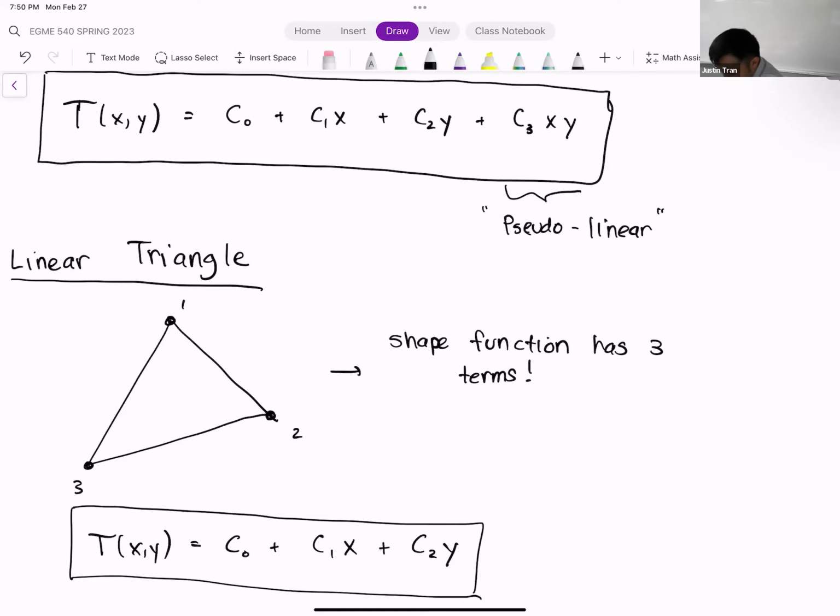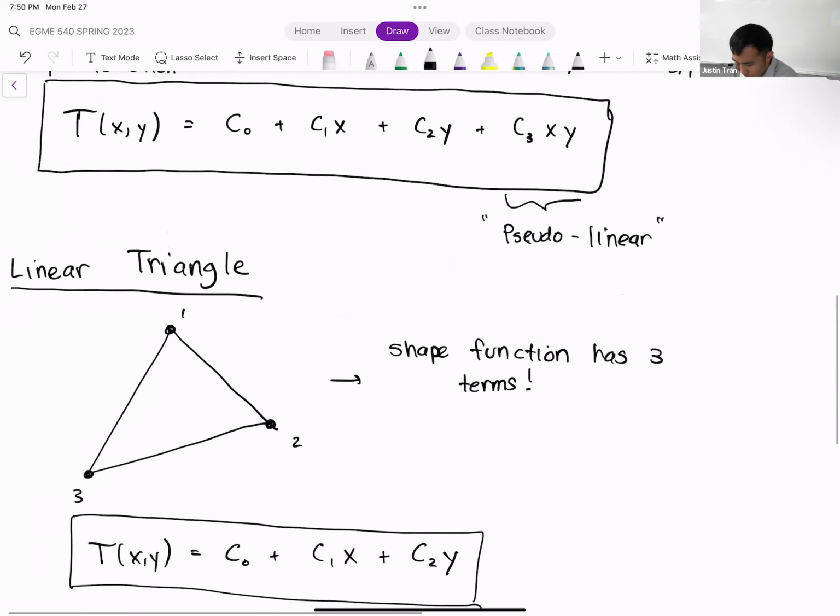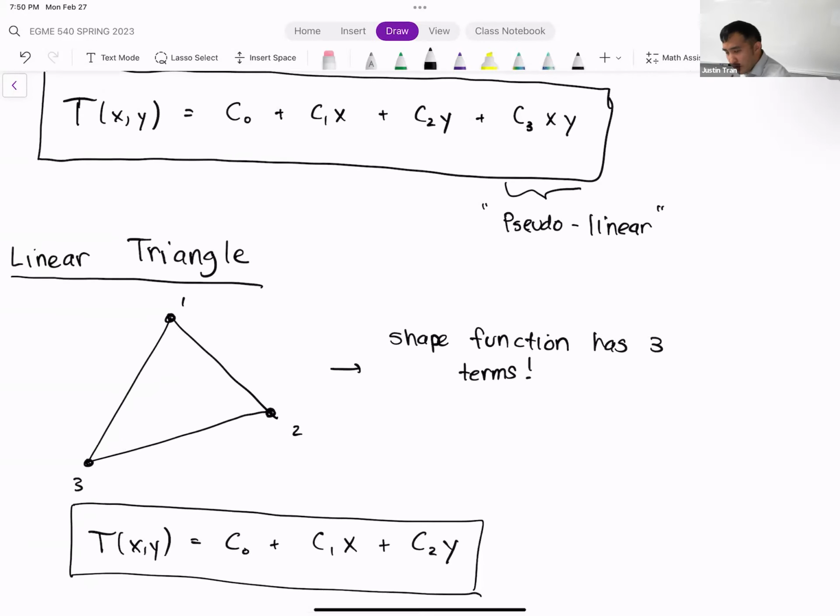Okay. And so let's look at our two shape functions here and compare them to each other. If you look at the shape function for the quadrilateral, which I have up top, you can see that it's exactly the same as the triangular one, except we have that extra pseudo-linear term. And like I mentioned, that pseudo-linear term is significant. Because the addition of that extra term, or the addition of any extra term, means that we can capture that kind of behavior in our solution.